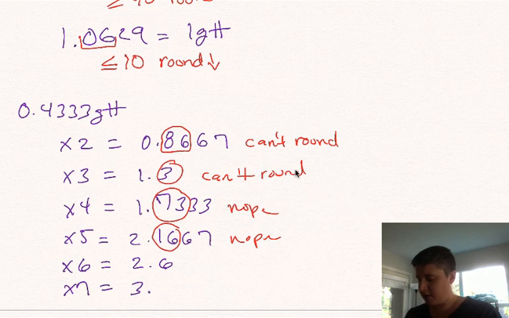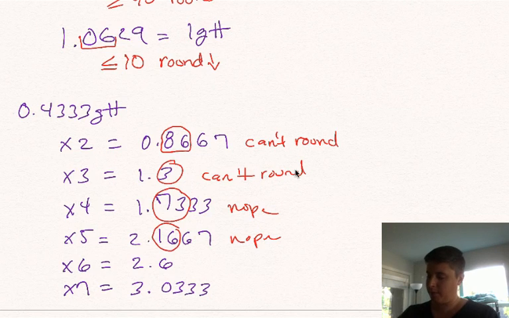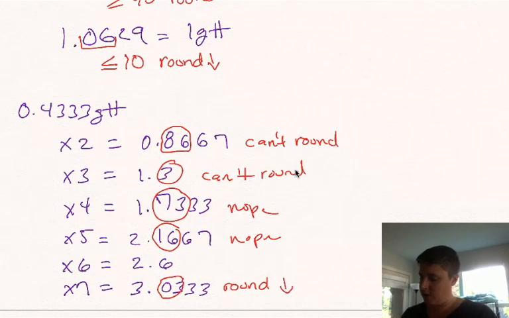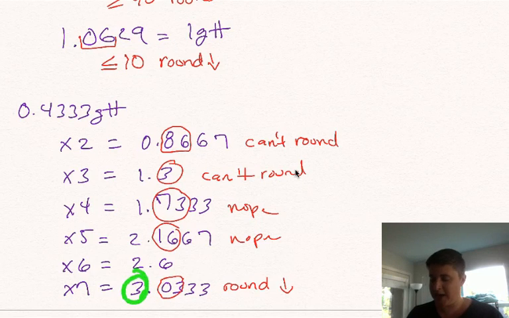Times 7, I get 3.0333. All right. I look here. I'm less than 10. So I'm going to round down. Now remember, round down doesn't mean I change this number. It just means I don't round it up, right? And I'm not going to go to 2. I'm just going to leave it at 3. Okay. So this equals